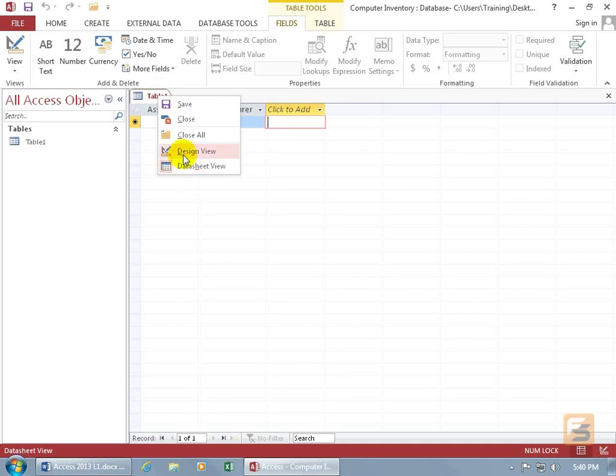Now, in the Design view, you can do a lot more than what you can do in the datasheet view when it comes to designing your table. You can go ahead and add fields, but you also have additional things that you can look at and do when it comes to tweaking your table. So let me go ahead and click off, and before we change views and go to the Design view, a